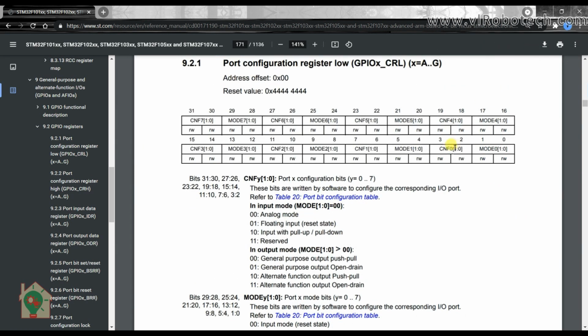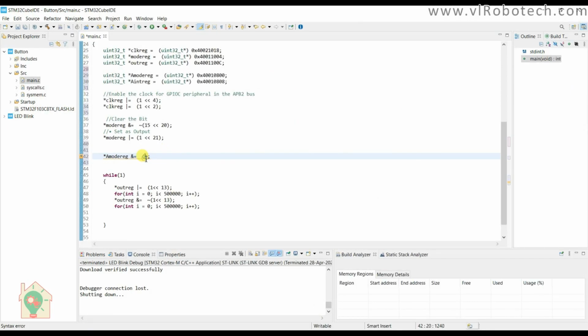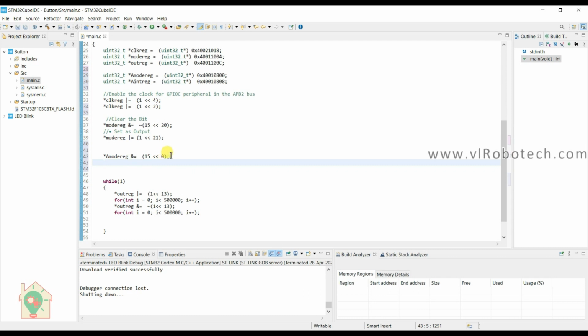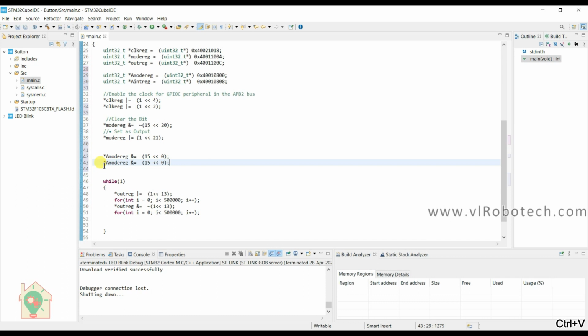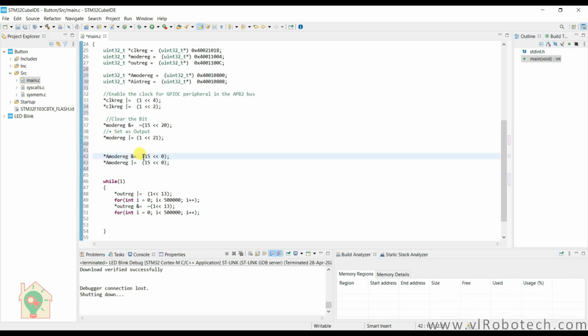Okay, for bit 0 it will be 00 and 00. So 15 left shifted by 0. Okay, and again I will copy this here. It will be OR, and here it will be.